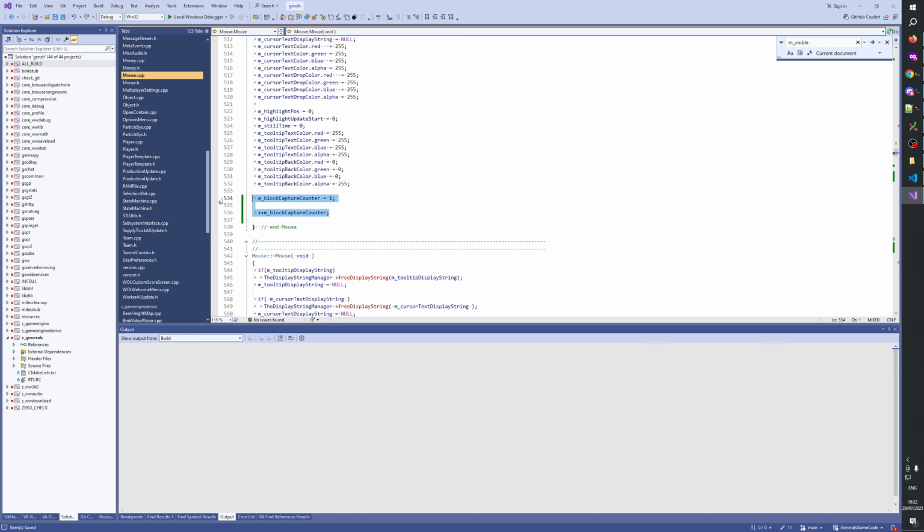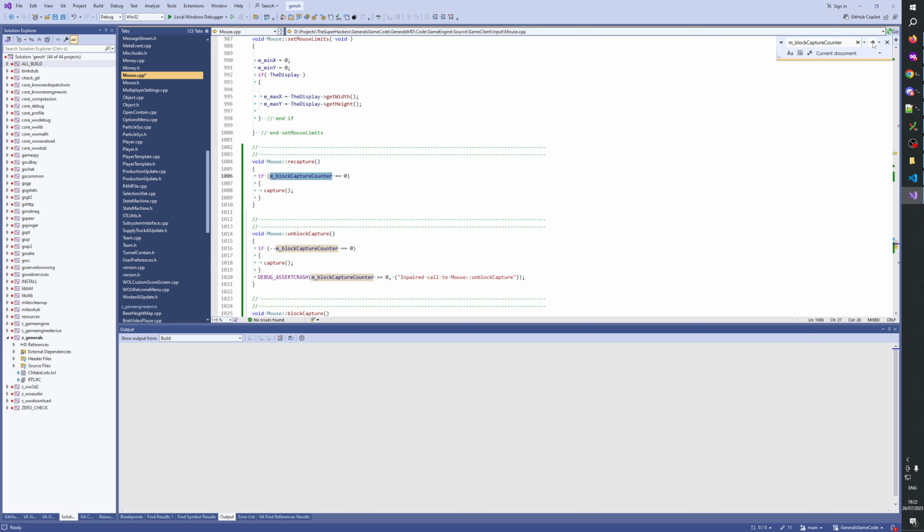Maybe we say block capture counter is 0. Yeah. And then we say if smaller equals 0 capture, and then here we say 0. So we always clamp it to 0.